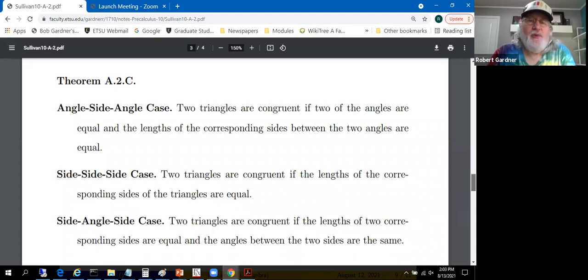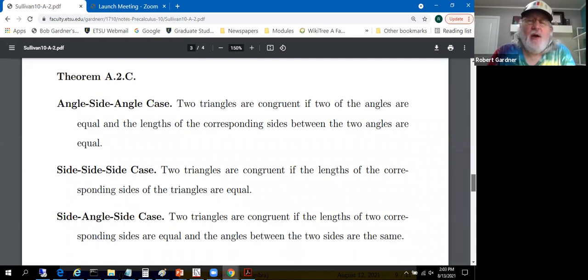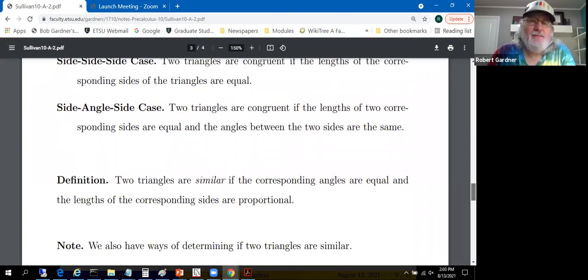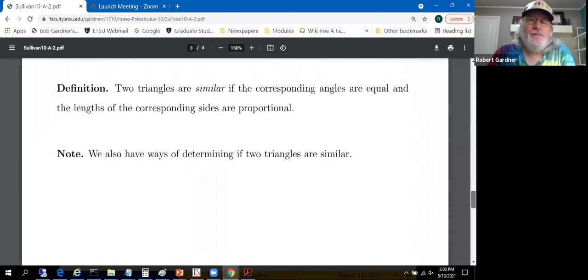I won't bore you with the details of that. You dealt with this extensively in high school. Algebra will use these largely in passing. Two triangles are similar if the corresponding angles are equal and the lengths of the corresponding sides are proportional. All right, so informally, two triangles are similar if they have the same shape, but maybe different sizes, this idea